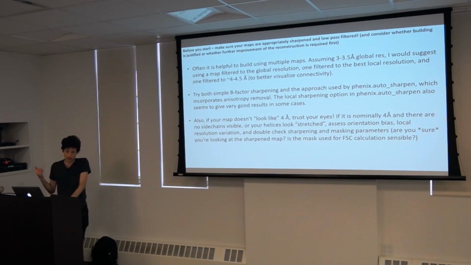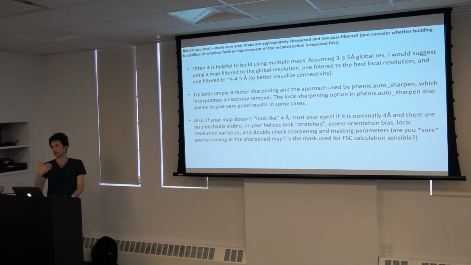I would typically start map inspection and interpretation with a map that I've filtered to around 4.5 angstroms, maybe 4 angstroms, one that's filtered to the global resolution, and one that's filtered to the best local resolution. And I'd have them up simultaneously and switch between them as needed. The reason for that is that